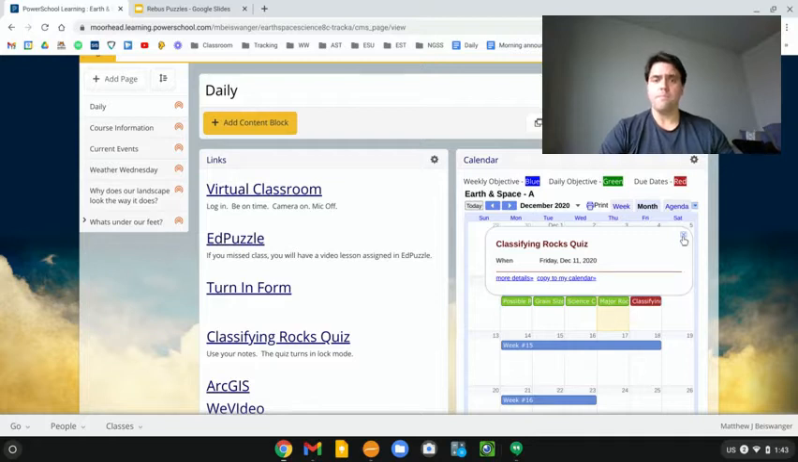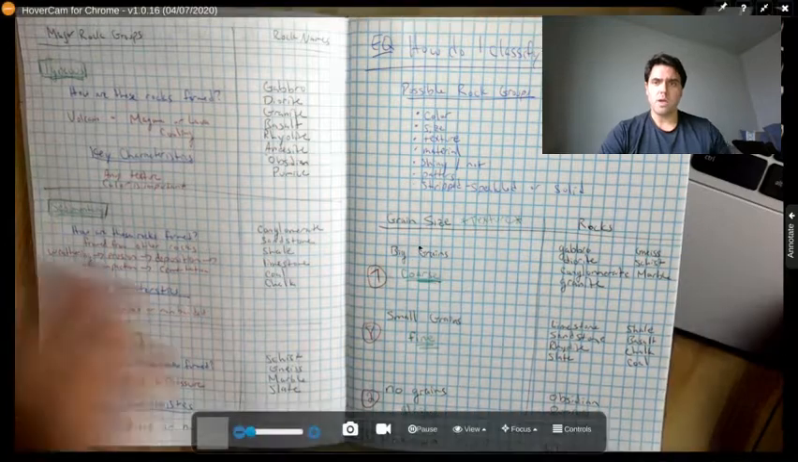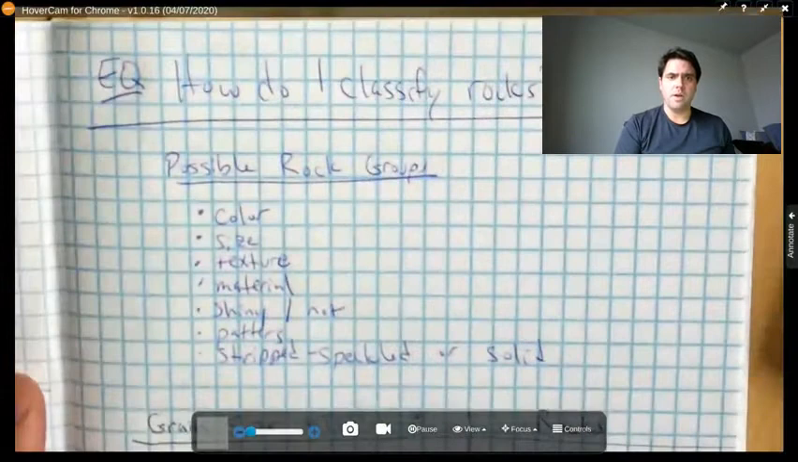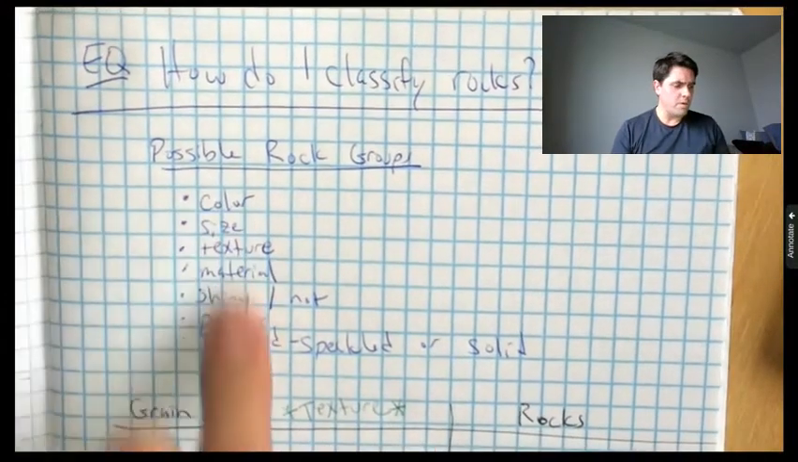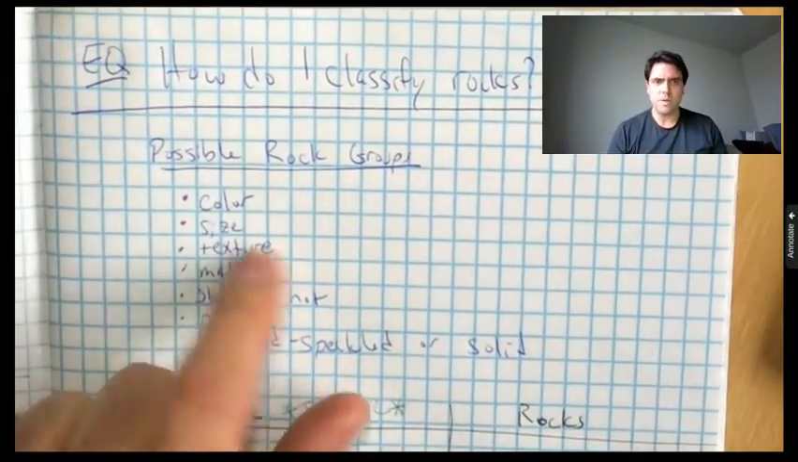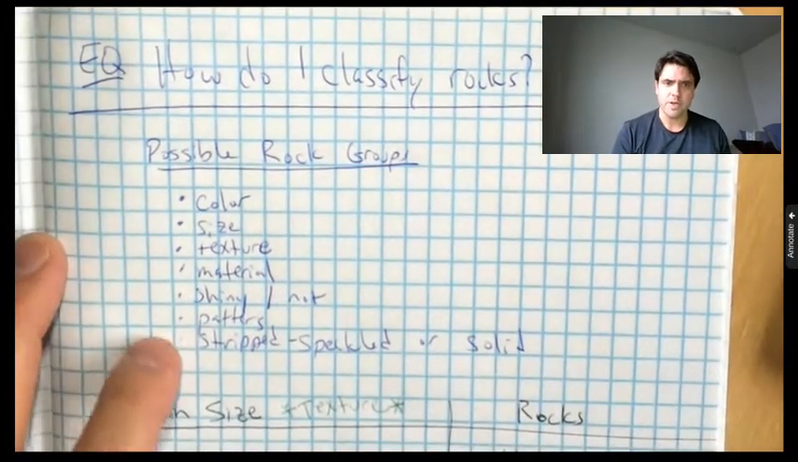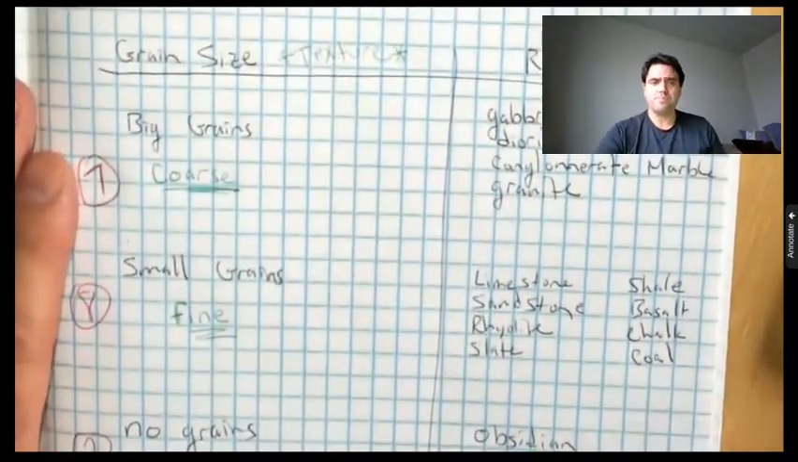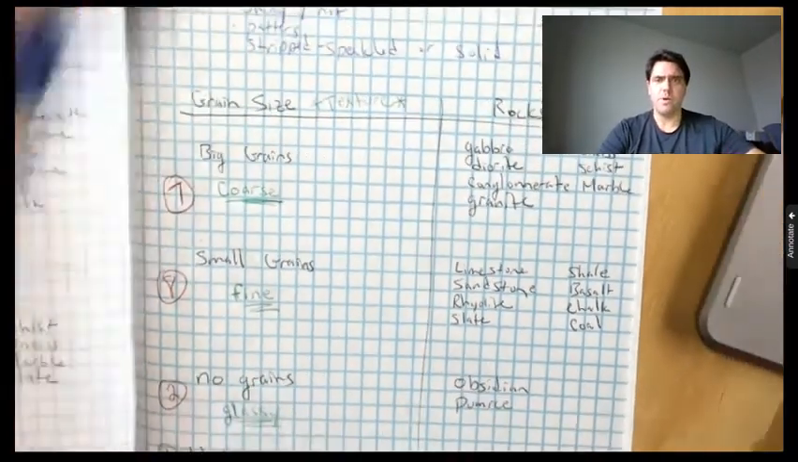As we get into it here, we did finish up our notes. We were working on page 27, and kind of a review of where we've been. We looked at possible rock groups: color, size, texture, materials, shiny or not, striped or not. All of those sorts of things are things that we've talked about. And then earlier in the week, we went through and added